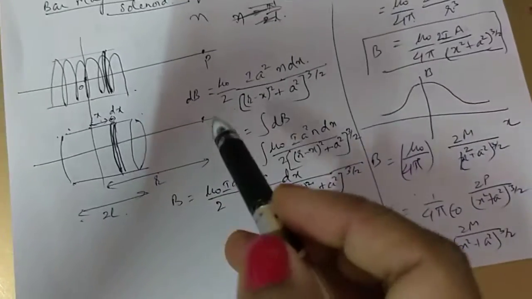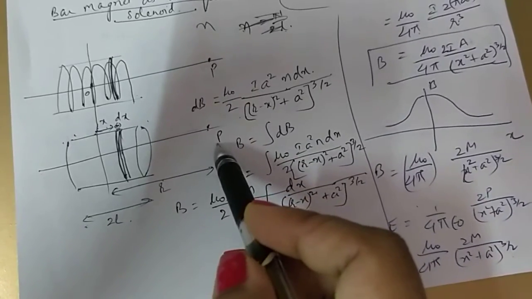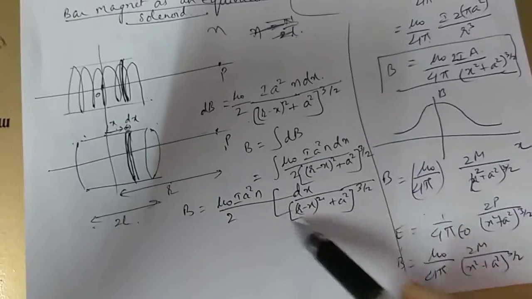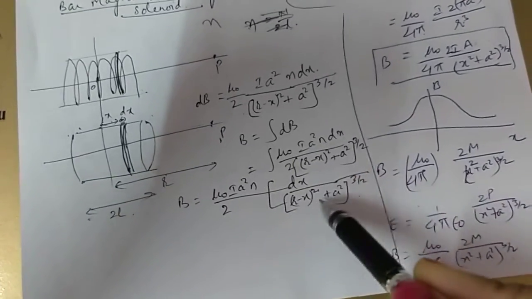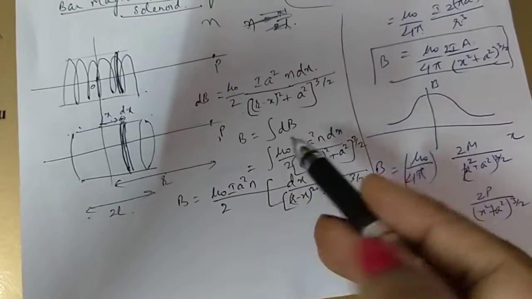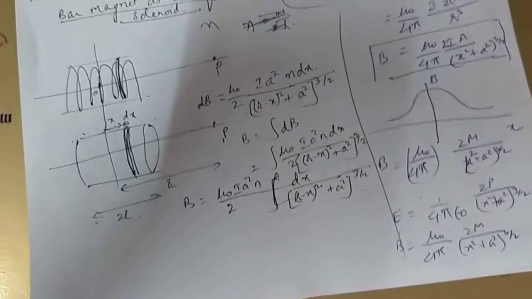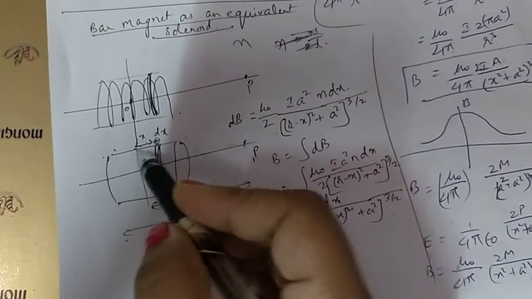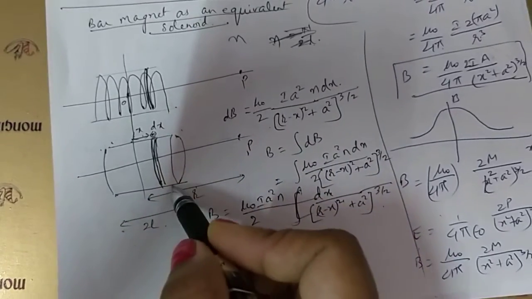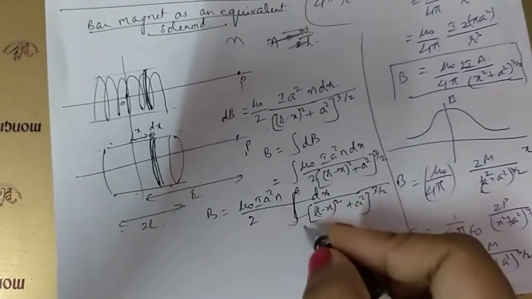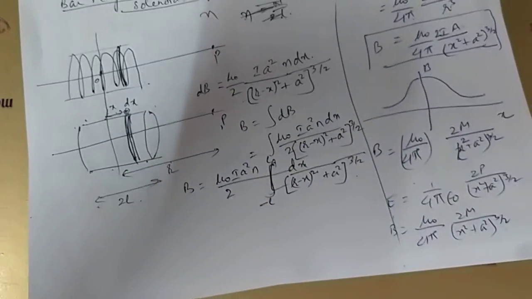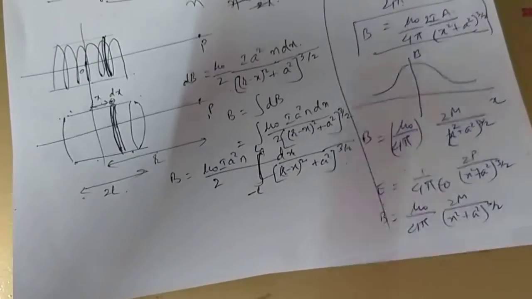Now if you consider this point to be very far, a far axial point, see, if this point is not far, it is somewhere near, we have to integrate this. And integration, you'll have to learn what the integration part is. How will you integrate? Because this is dx, you have to put limits for x, so minus l to plus l. This will be your limit for integration.